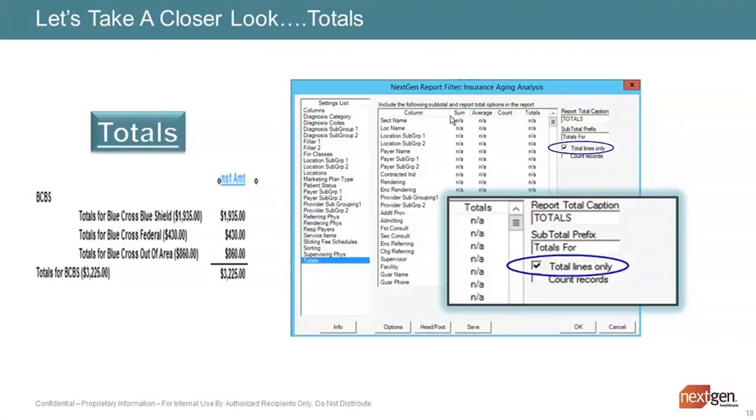The totals here in the settings list. On this settings list option, you have the ability, I kept everything in the sorting the same. I said ascending group by financial class, ascending group by payer name. The only difference is I came down to this totals, and I came in here and I said, I want